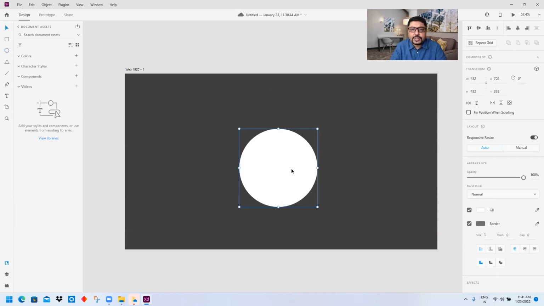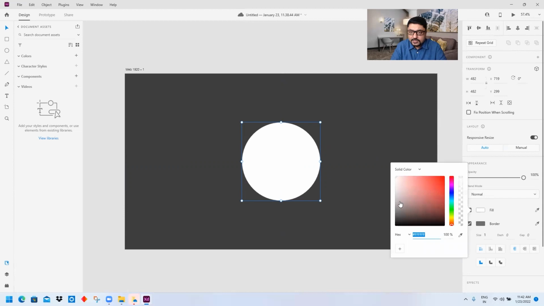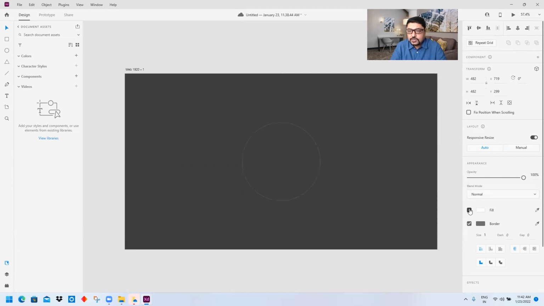And how do we place it right in the center? We just drag it like this. At one point of time, you will find that both the horizontal and vertical lines have come in the center, and then you just click on this alignment and your entire circle is in the center. Great. So I want a hollow circle over here, and that's the reason I will just remove the fill from here. Simply click on this checkbox to turn it off.